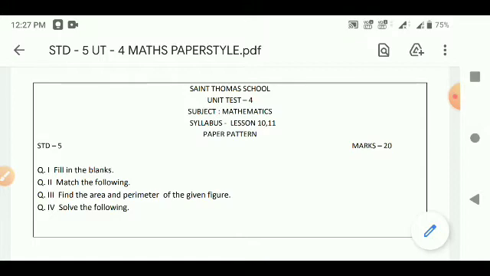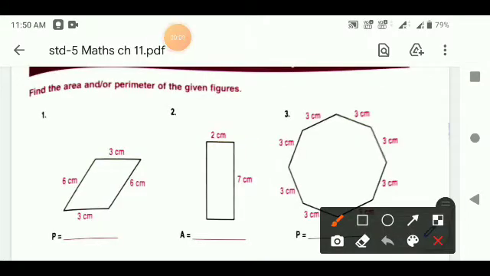In this question you have to find out the area and perimeter of different figures. Today we will solve this type of question. And then question number 4, solve the following. In this question you have to solve the word problems from lesson number 11. Now proceeding further, let us do the revision for this test. Let us see some questions